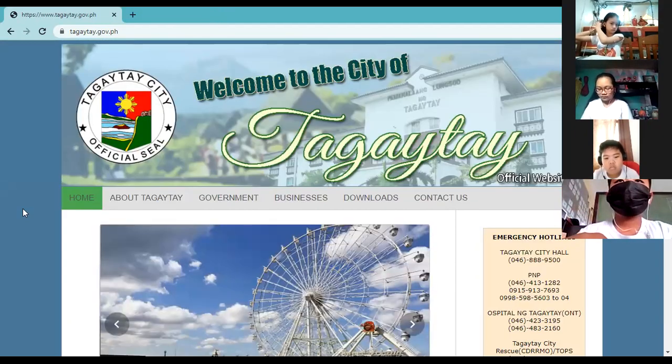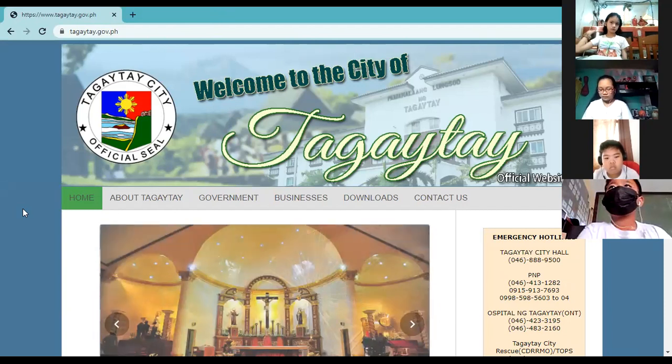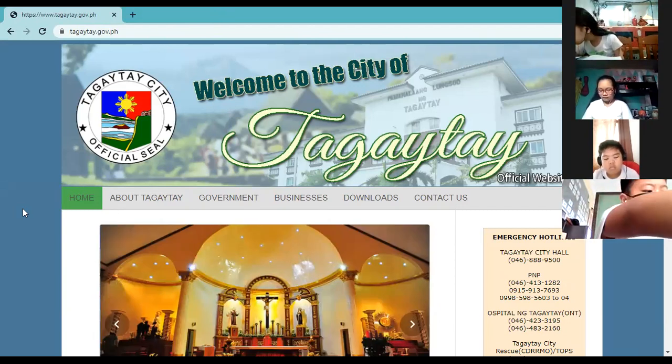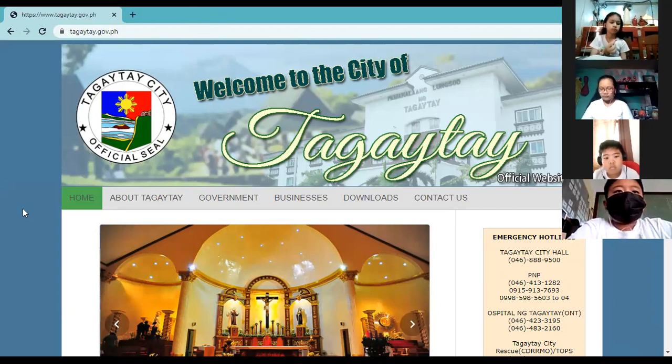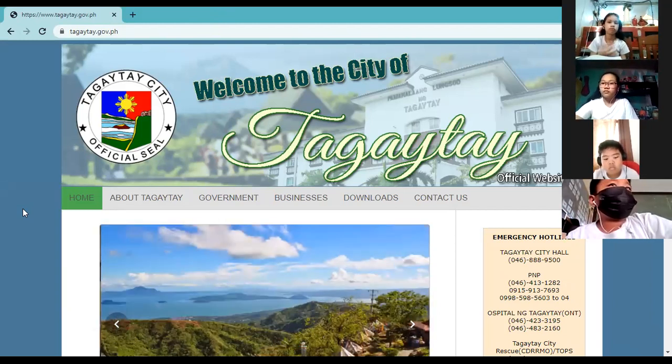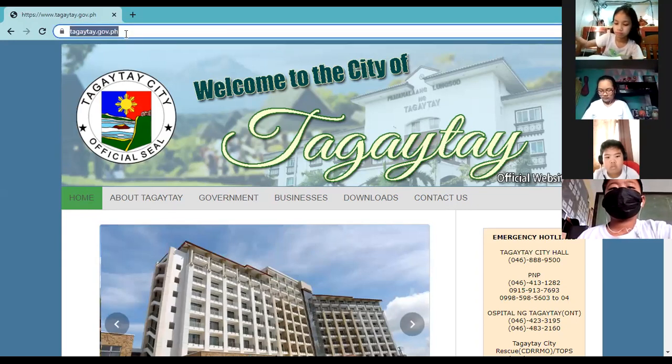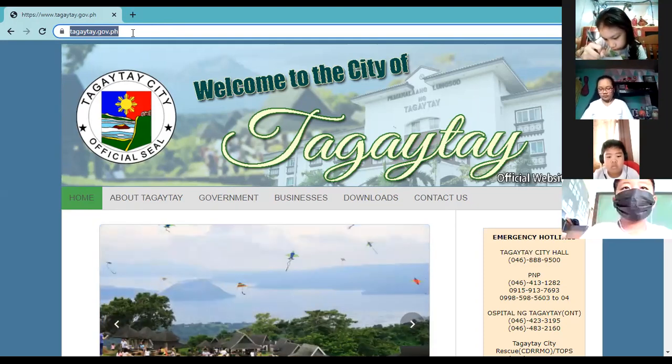Nakita na natin ang page na hinahanap natin, tagaytay.gov.ph. So ito na yung search natin, ano? So para hindi natin uulitin yung ginawang task kanina, yung ginawa nating proseso ng pag-research, pwede na natin itong i-bookmark. So how to bookmark? Okay, so here in the search, so ito yung search bar, sabi ko diba, yung taas na to. So ito ngayon yung search bar or the address bar din lang tawag dito.